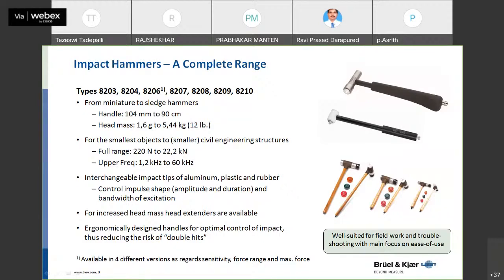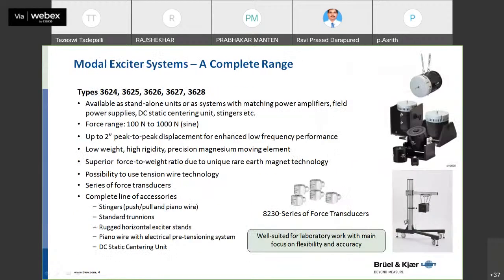Then you have a large range of what we call modal shakers. The advantages of modal shakers are low weight, high rigidity, precision, magnesium moving element, and a very high force to weight ratio. With tension wires, as you can see on the right hand side, you can also suspend the shaker so that if, for example, you want to excite